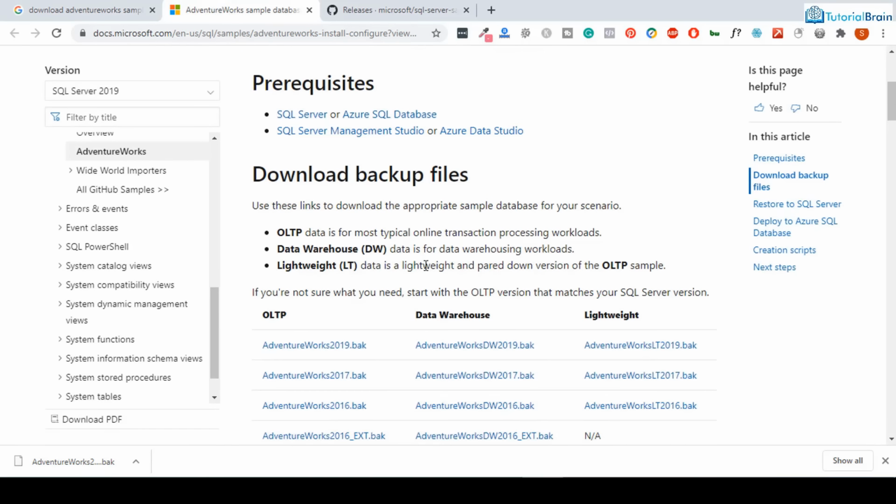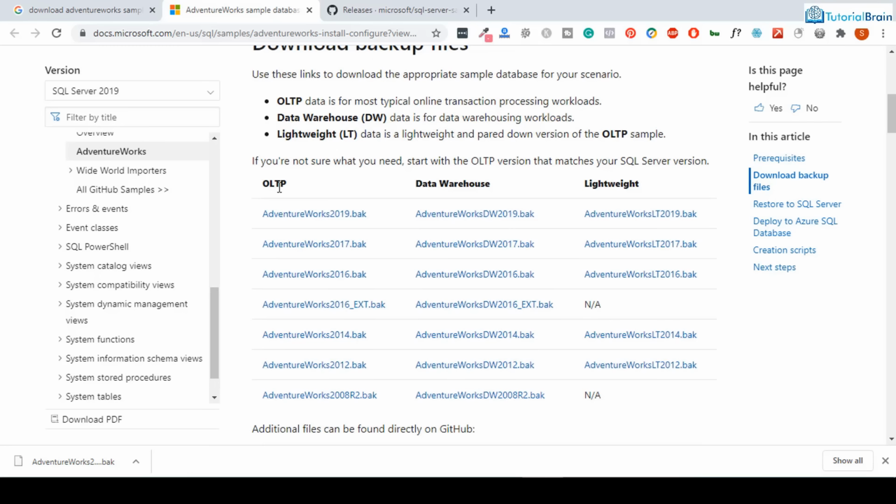And if you just come down, you see that you have OLTP data, you have data warehouse data, and then we have lightweight data, right? So OLTP database is online transaction processing workloads, while data warehouse is for data warehousing, and lightweight is a lightweight database, as the name suggests. So for this particular course, we are going to download this OLTP. And if you just see here, you have AdventureWorks